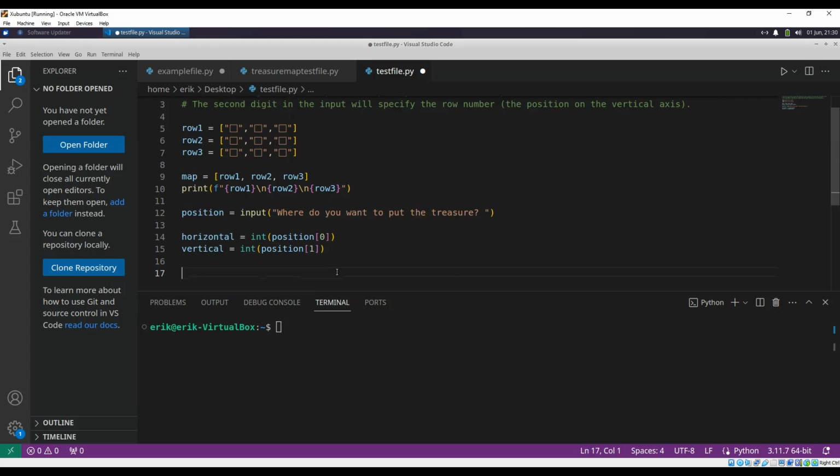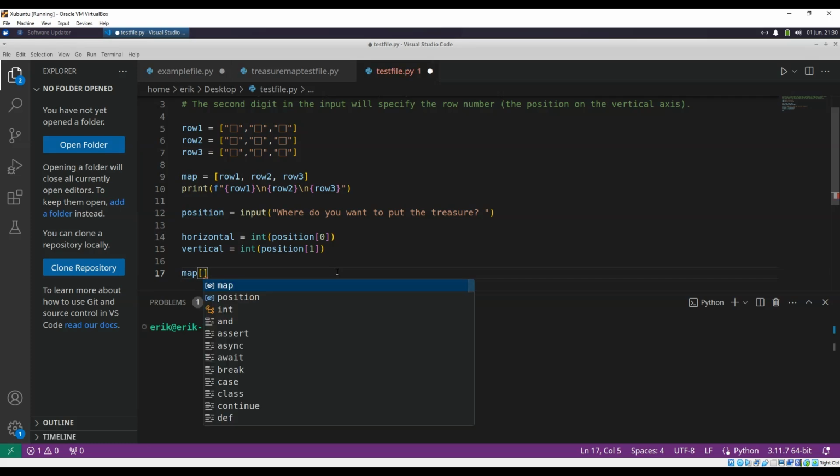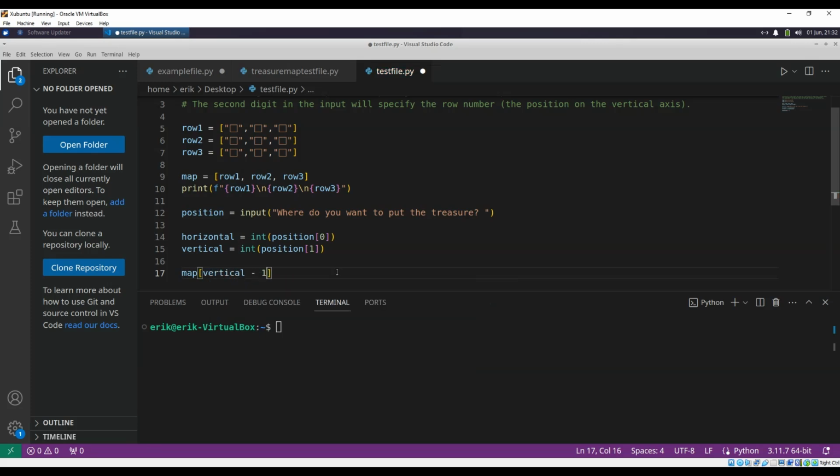Now at this point, we're going to take the user input and use that number that they provide and make it an X on the map. So we need to use the map variable. The user has to enter numbers from 1 to 3, and since they can't enter 0, we have to subtract 1 from the number that they input. So we're going to use vertical minus 1, because if they were to enter 3,